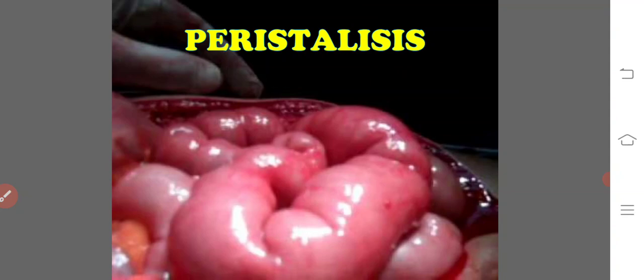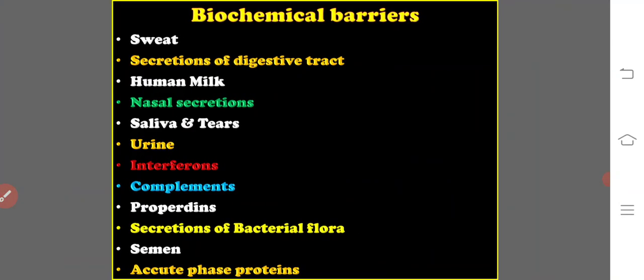The last one is peristalsis. The microorganisms that enter the intestine through ingestion are driven out by the peristaltic movements of the intestinal integument prior to their development. So these all, skin, mucous membrane, cilia, cough and sneezing, and peristalsis, are included under the physical and mechanical barriers. Let us see the biochemical barriers. The things included under the biochemical barriers are sweat,